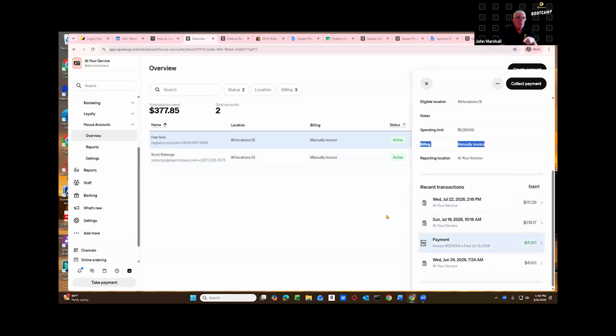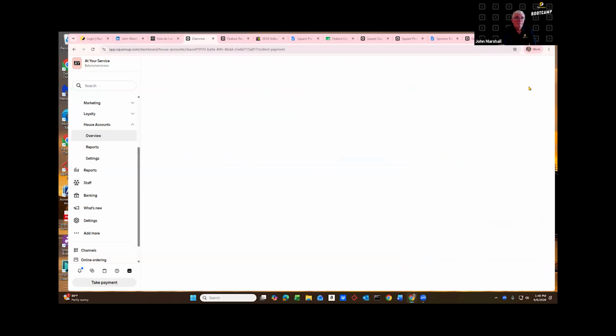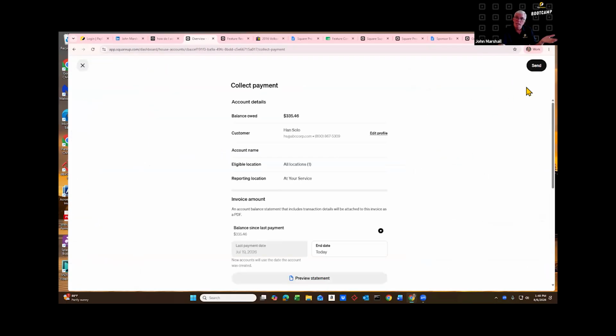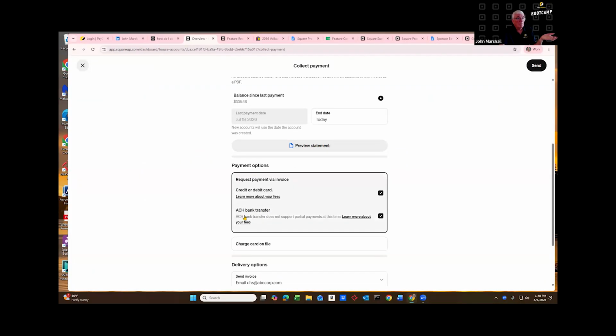You can see recent transactions for this particular customer. And notice up here, I can collect payment. And when I tap that, guess what? I go over to the invoice section of Square because it's built in, right? So I can go down here and I can say when it's due. I can preview the statement. I can choose which payment methods. Maybe I don't want them using ACH because I know there's a flat fee in Square for that, but we